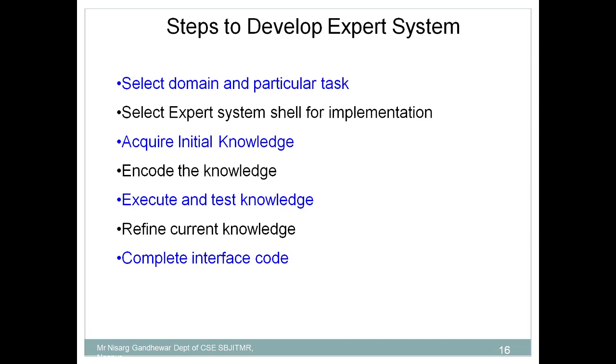Because we have seen that in the expert system shell only the knowledge base is empty, where we need to fill up the knowledge, okay, and then your expert system is ready to use. After that you have to encode the knowledge. Obviously you acquire the knowledge, but as it is you cannot put it into the knowledge base. You require some kind of pre-processing, particular formatting is required. So this is the encoding of the knowledge which you have acquired from the expert in the field of cancer.